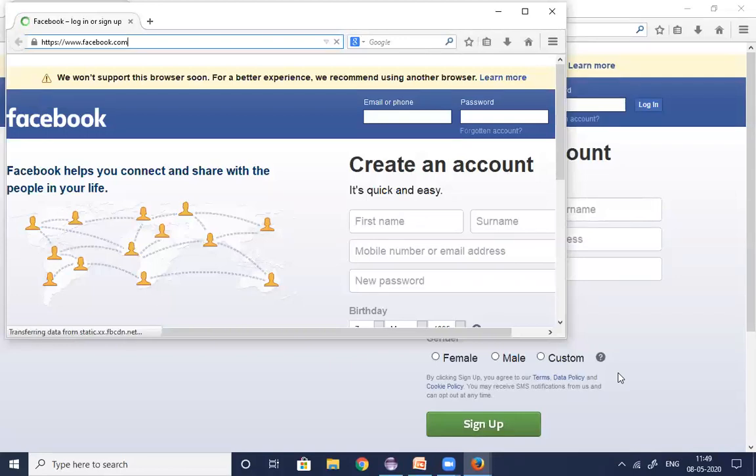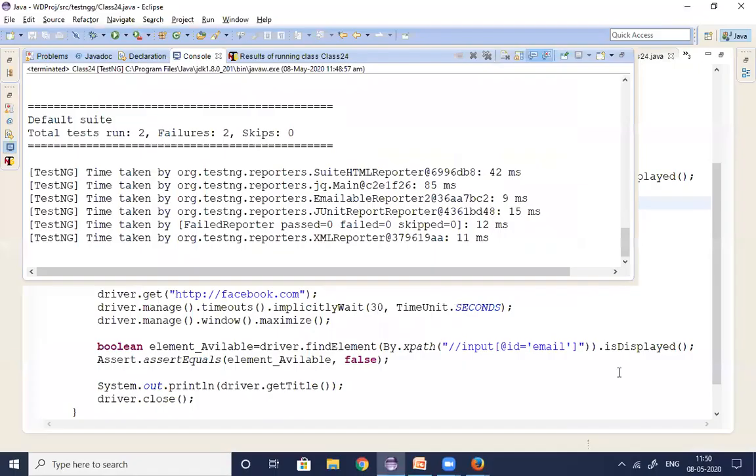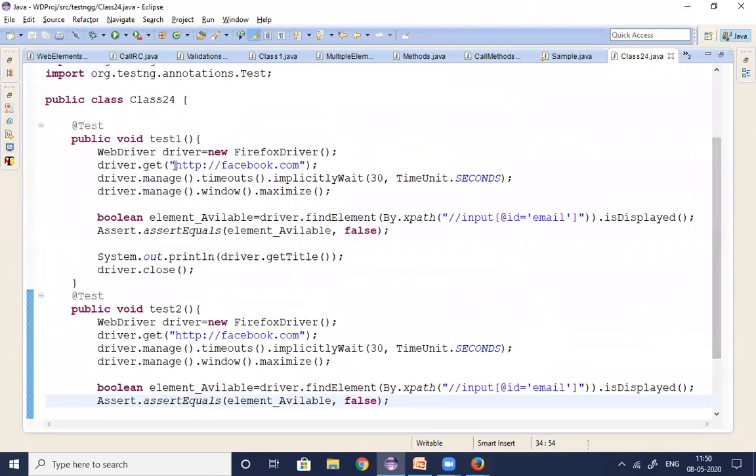This is the concept of hard assertion. If you are aware of Selenium IDE, guys, this concept is the same as assert. Do you remember? Verify, assert, wait for, 3 different types of commands we have in IDE. So this hard assertion is similar to assert in Selenium IDE. But now, Kishore, I would like to continue my execution even though the validation is true or false. For that, we are using the soft assertion, guys.